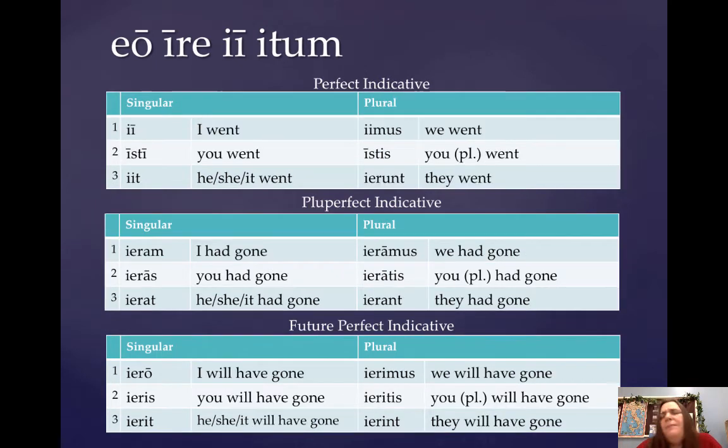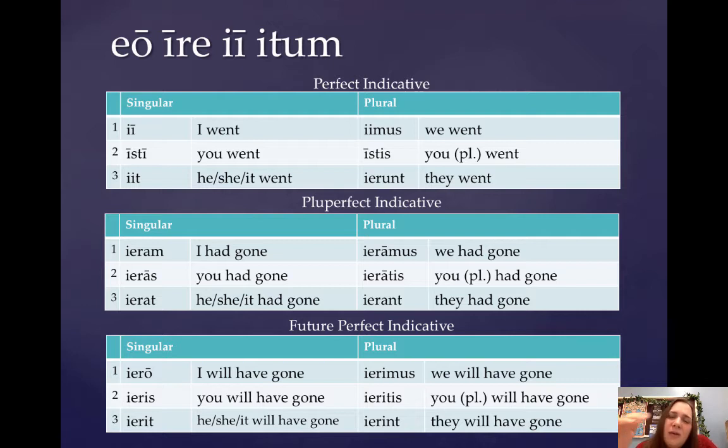Another reason why you really need to know these endings for this verb to go is that, as you might expect, it has a lot of compounds. Okay, so abeo, to go away, adeo, to approach or come towards. So it's particularly important for you to learn these endings, because you're going to see them not just in being able to say to go, or I went, or he had gone, or whatever, but also